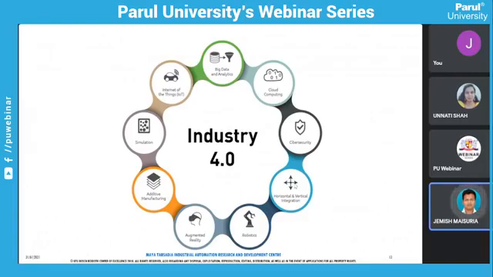Okay, now horizontal and vertical integration is nothing but what? In a structure or in a machine, we have what? Layers of machines. Let's say a supervisory machine is there, then downwards a different task machine is there, a sub part is there. So that is a layer between the devices. Okay, so with Industry 4.0, you can provide integration of those devices. That top device will communicate with the lower device, and in between also. So horizontal and vertical integration will be there. Cyber security is already there, because we are operating each and everything on the internet. So we require cyber security.